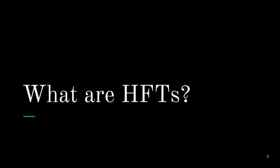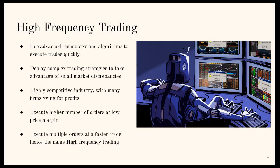Yeah. So what are HFTs? The high frequency trading firms tend to use advanced technology and algorithms to execute trades very quickly. They deploy complex strategies to take advantage of very small market discrepancies, which basically means that they don't perform long-term trades. They don't buy a stock and keep it invested for a long amount of time. They just try to buy the shares, and as soon as there's a very small change in price, a small marginal difference as well, they try to sell the stock immediately